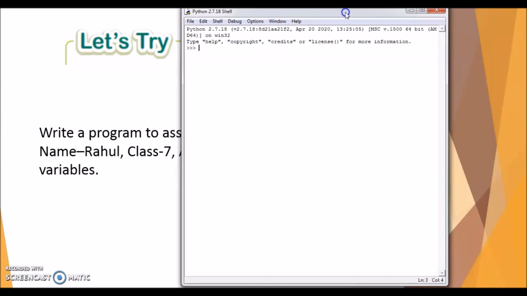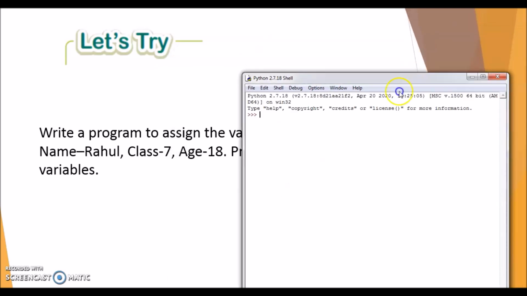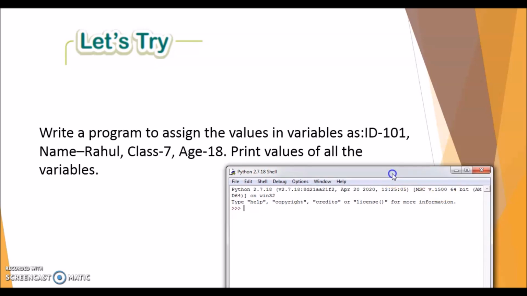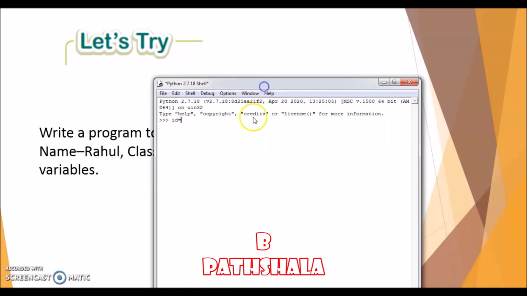So this is the Python screen. The question says we have to assign some values to variables. One by one, the first variable is id, so id equals to 101, then enter.